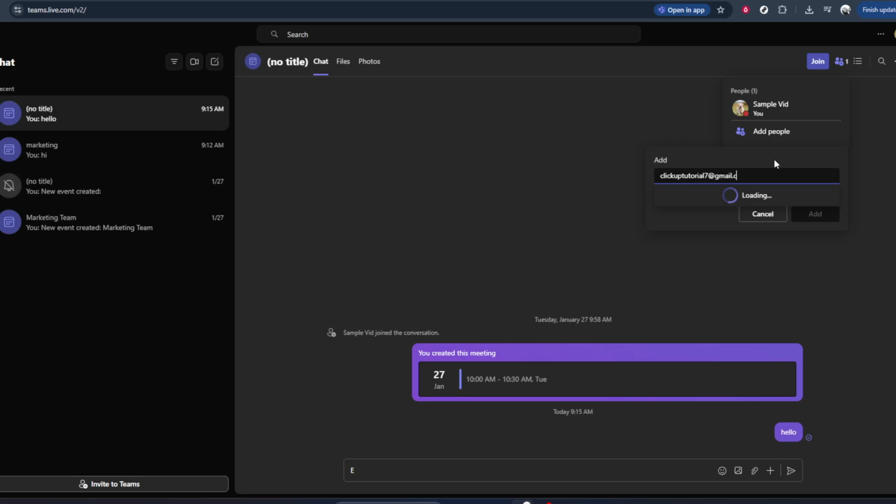You'll now see a field where you can type in contact details. In this box, start typing the email addresses or phone numbers of the people you want to add. As you type, Teams may suggest matching contacts from your organization's directory. You can click on those suggestions to save time, or continue typing the full email address or number if the person isn't suggested automatically. Take a moment here to double check what you've entered, especially if you're adding external contacts from outside your organization. Make sure you're using the correct work email or the right phone number so the invitation goes to the right